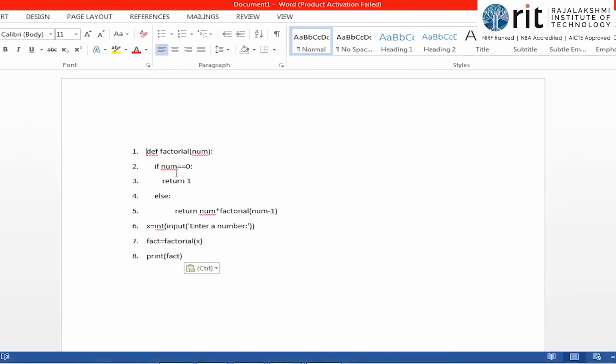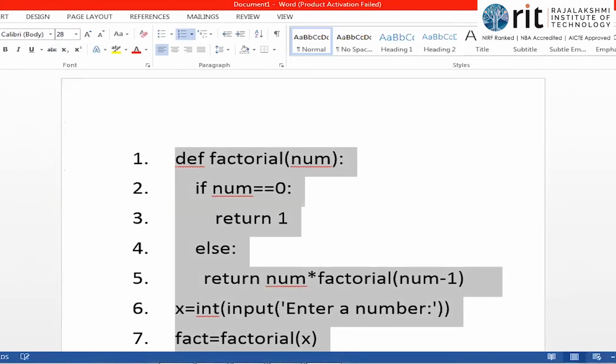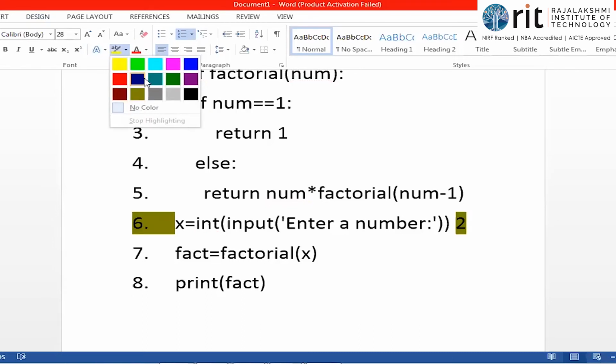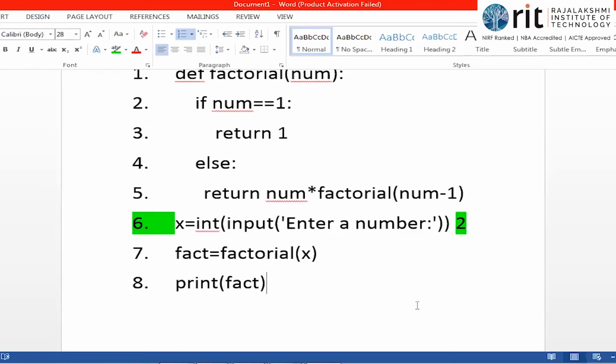So let me change this so that it will be easy. Okay, so this is the code. What is the first thing that gets executed? This line, ma'am. So assume that the user has typed 2. 2 is the number for which we are going to find the factorial. So the user has typed 2. Okay, 2 is the input value. Fact is factorial of x. Instead of this, I am passing 2. So factorial of 2. Now I'll explain how the factorial of 2